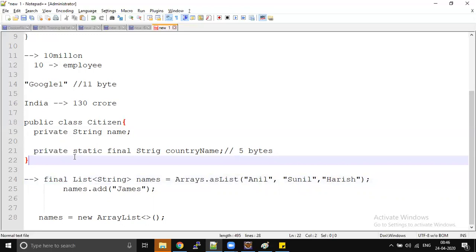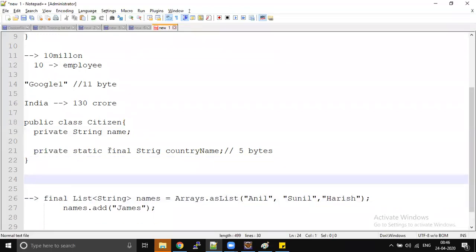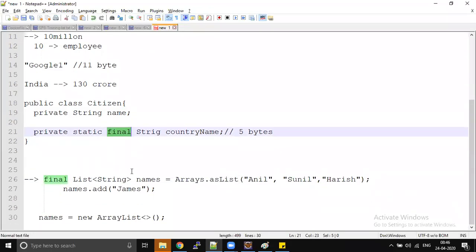You can use final, because when you mark it as final, you can't reassign the value, but it can be shared across. If you want to give it to some other class, you can give. There won't be any problem. But they can't change the value. If they are trying to change the value, they will get a compilation error. So you can give the value, so they can use it whenever they want, but they can't reassign it.